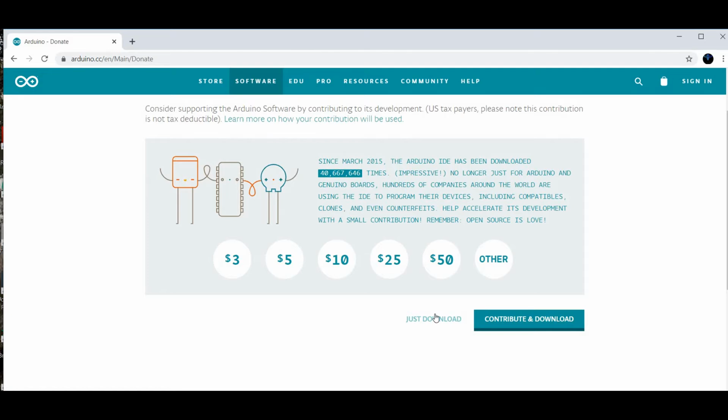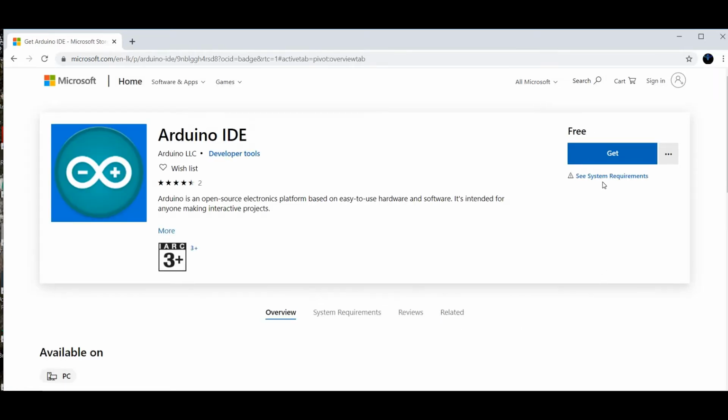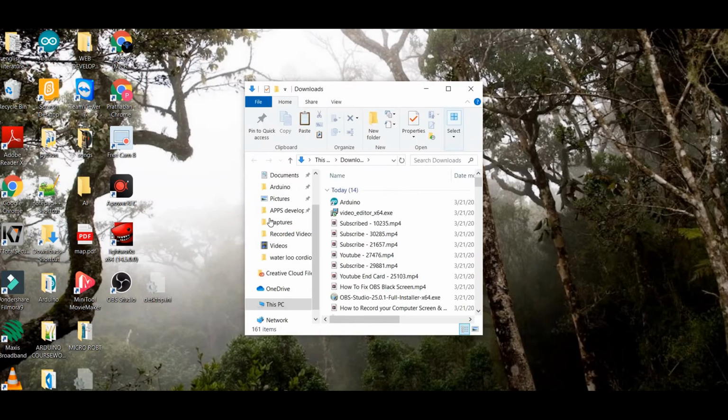Then click just download. Then click get. But I already downloaded. You click download and download it. Then you all go to downloads